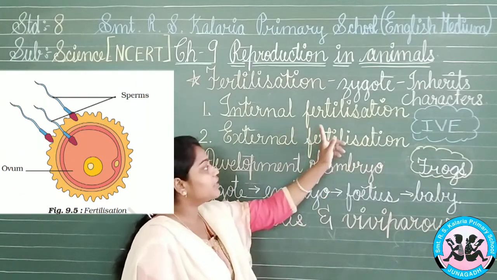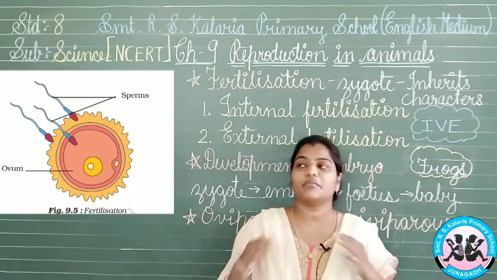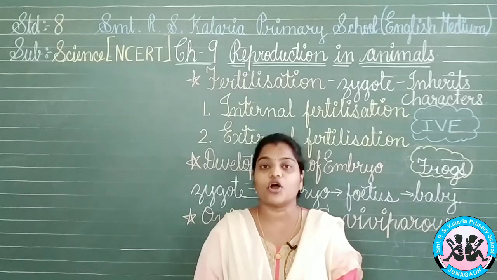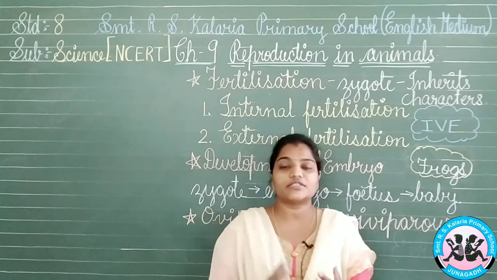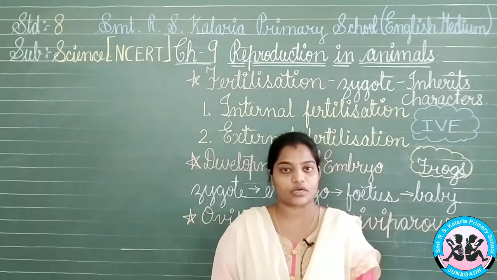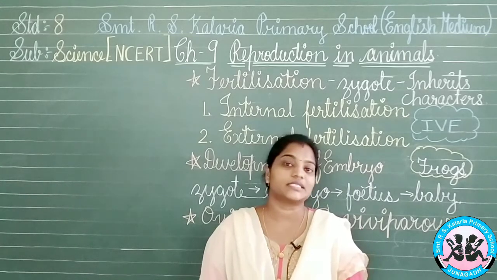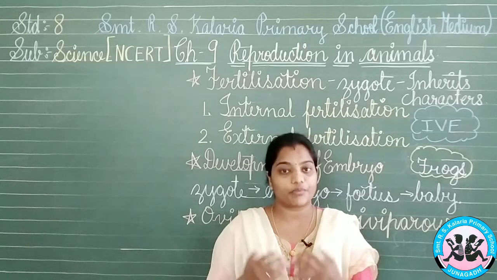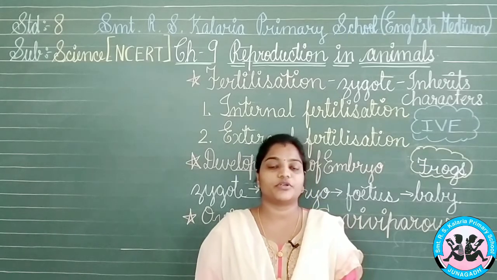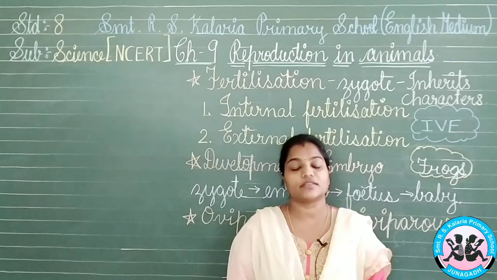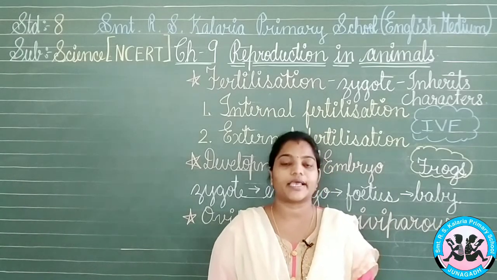Okay. Now, the second case is where some females have problems: if the oviduct is blocked, then the egg would not be released from there to the uterus, or even the sperms could not reach the egg. So, what will be the result? The eggs are formed and the sperms are also produced, but because there is a blockage in the oviduct, the sperms will not reach the egg at all.